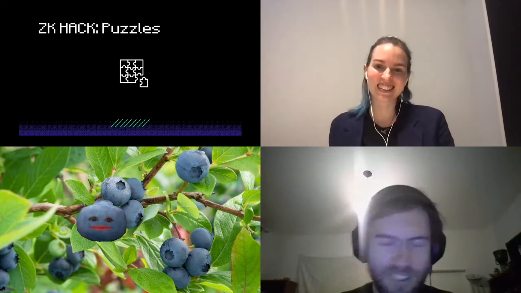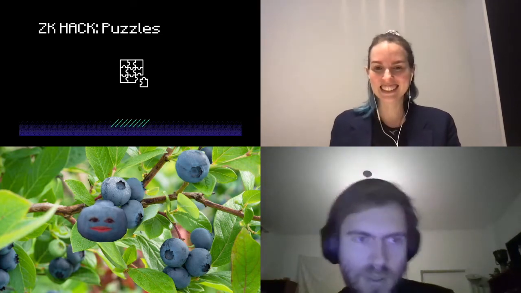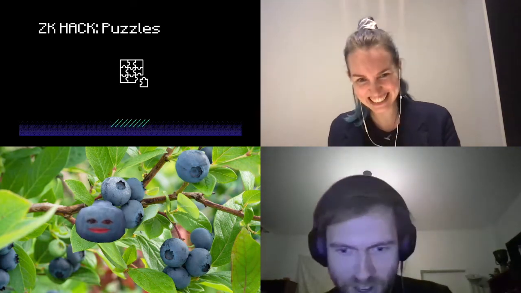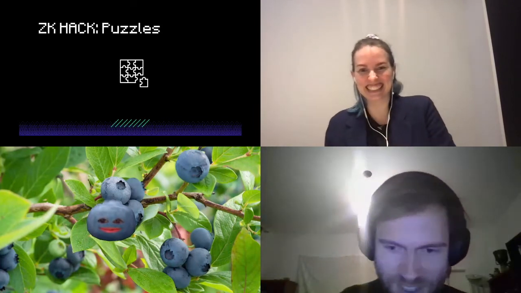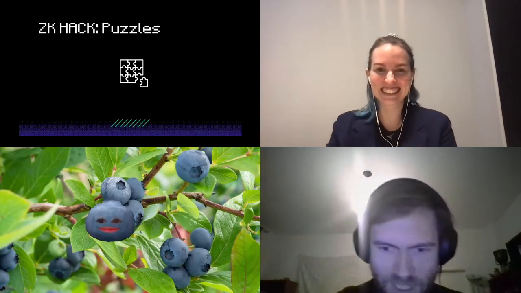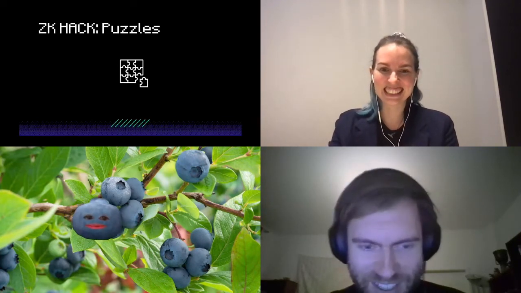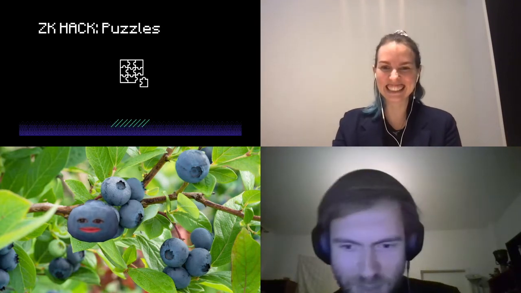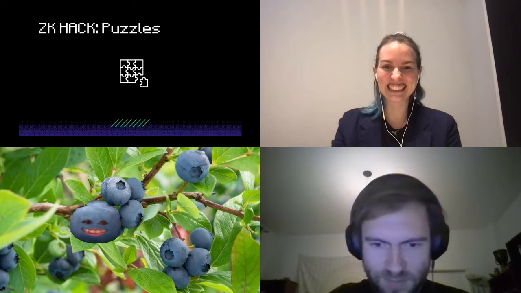On the puzzle front, none of the credit goes to me. All of it goes to Samo, Joe, and Joshua from Helix, who have written up three of the puzzles, which you have been puzzling and will be puzzling over. Kobi was absolutely critical to the existence of the puzzles, reviewing the puzzles and all of this organization alongside Anna and the rest of the ZK Hack team, who I would like to thank. To the participants, I can only say good luck. May the gods of cryptography puzzling be with you, and hope to see you on some Zero Knowledge Network sometime soon. Best of luck. Thank you very much, Chris.